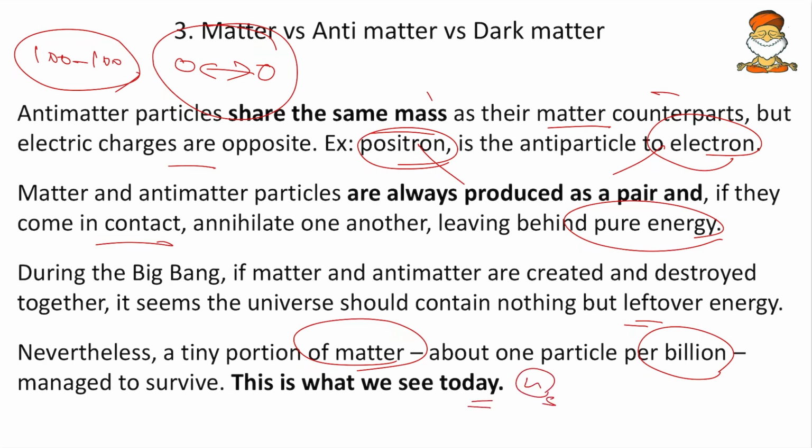And here, why that asymmetry? Why is matter more than antimatter? That is the asymmetry of this universe. This is the very reason why the universe exists today. As we said, if there was symmetry, if there was 100 and 100, then the universe would not have existed. So it was not 100, it was 100 and 99. So that is why one particle is existing. Or it might be 100 billion and 99 billion, that is why 1 billion particles exist today. So here we learned about the asymmetry along with matter and antimatter.